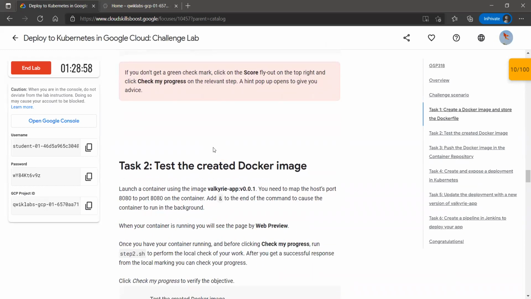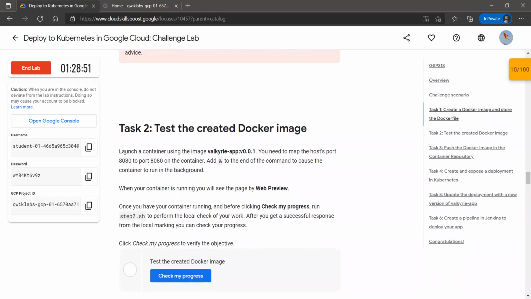Now head up to the second task, which is to test the created Docker image. Now we have to launch a container using the image we just built, and then map host port 8080 to port number 8080 on the container, and add an ampersand sign to the end of the command to cause the container to run in the background.